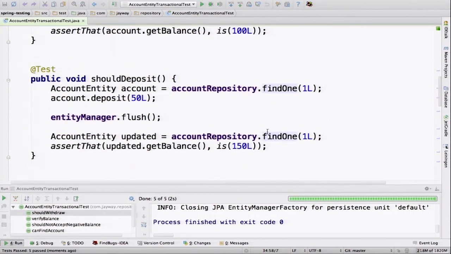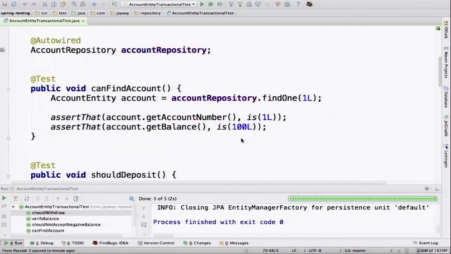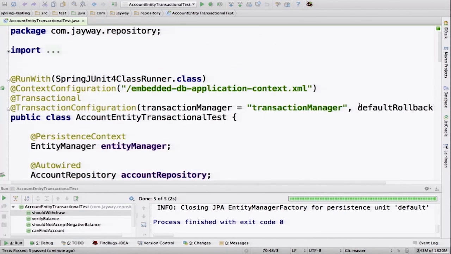You can see that I can deposit money into an account, which will change the state of the entity, right? I can withdraw money from the account, so if this were not rolled back, then the state would change and this verification will fail. So if I just change that,